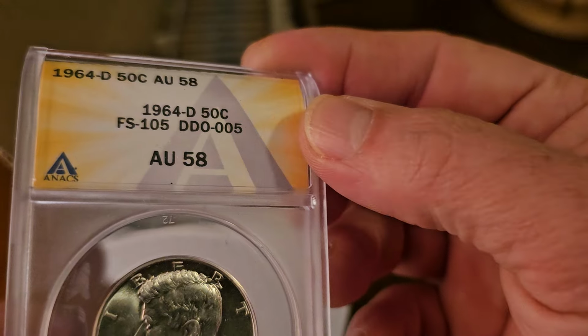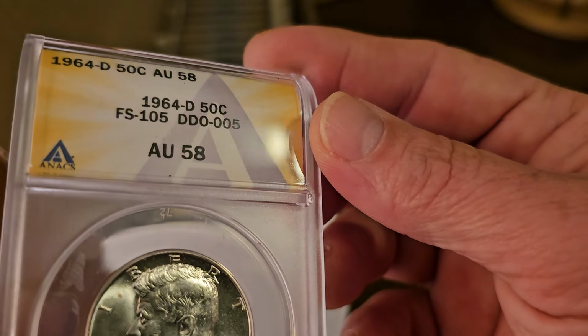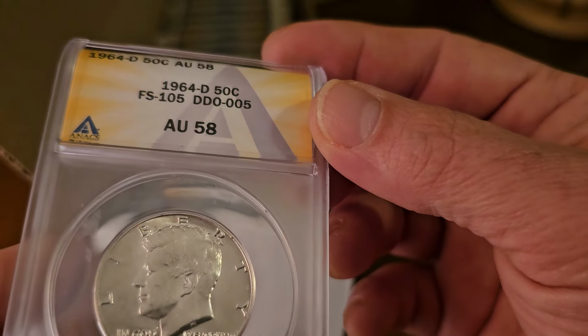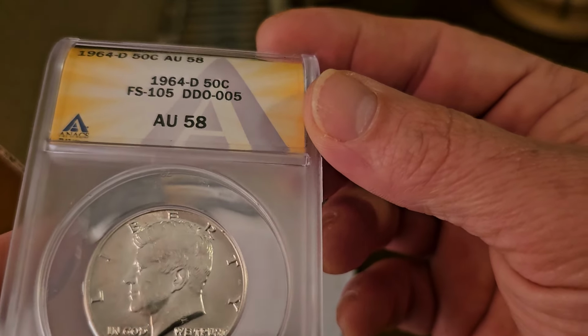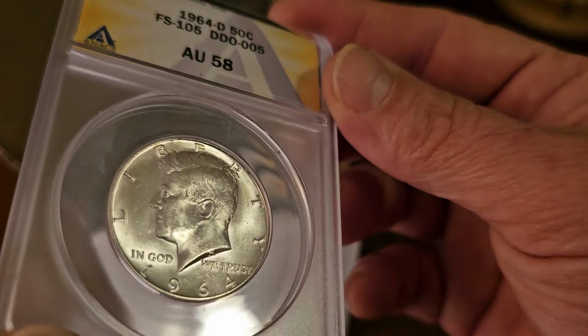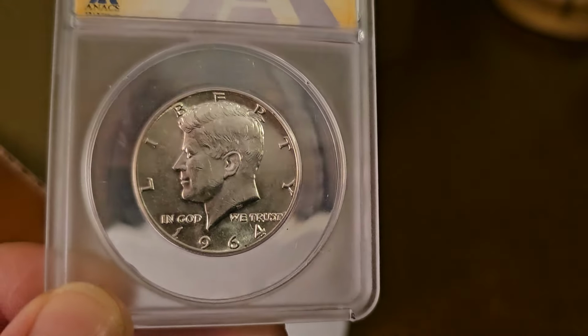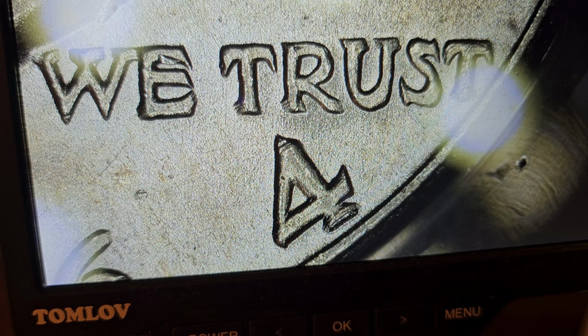Did at least get the FS501, which is a quadruple die obverse. It is pretty crazy. Let me pause it here for a second just to show you. I'll throw this one under the scope just because it's so cool looking. But give me just a second. I'll be right back. Alright, so we're back here. We got it under the scope. I mean, you can see the crazy, like,